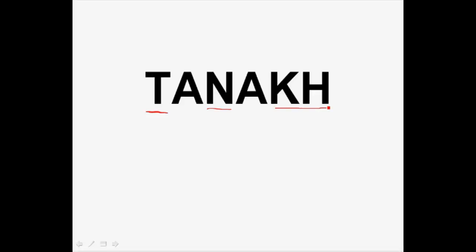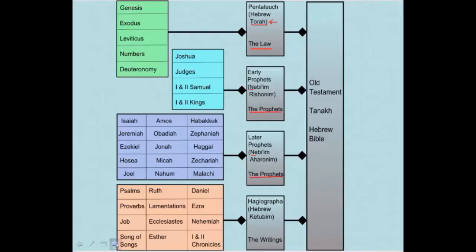The K part of the word here refers to another Hebrew word you don't really need to worry about learning, the Ketubim, which means the writings. If that word writings seems kind of vague to you, well, it's kind of vague on purpose. It includes all kinds of things that don't fit into the law and don't fit into the prophets, and so they fit into the writings.